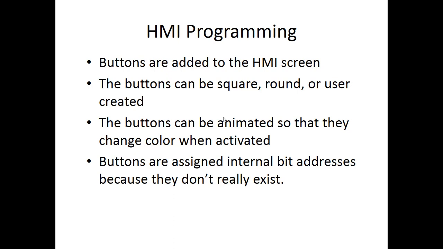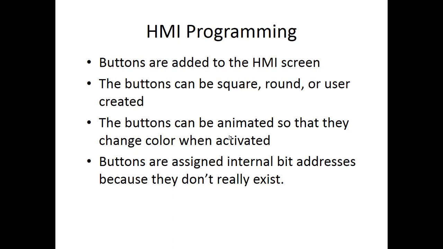So HMI programming. Buttons are added to an HMI screen. When you build a control panel, you have to actually hardwire in a button. Well, when you build an HMI, it's fictional. You just drag a button onto the screen. It's a lot quicker than cutting a hole and installing a button. Just drag an icon and make a button on the screen. They can be square, round, user created. They can be animated, so they change color when activated. And once again, a lot simpler than if you have to switch out a red button or a green lens or something like that. On a control panel you could, but on HMI you can do that as well